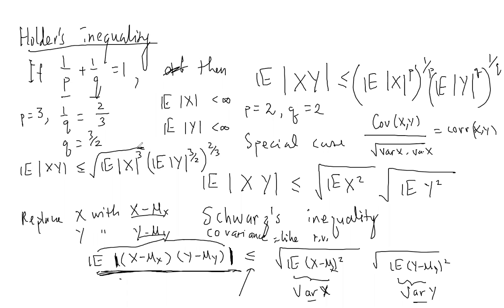Okay. Yeah, so for your level, I think most of the time, you will be just concerned with the special case of Holder's inequality, right? Because the other situations with different values of p and q, when your p goes to 3 and all that, then your q starts to get complicated, and they may be useful for some more advanced work, but generally at this level, you don't need to use them, right? So you just restrict yourself to Schwartz inequality. Okay. Now let's see what kind of results we can get from Schwartz inequality.